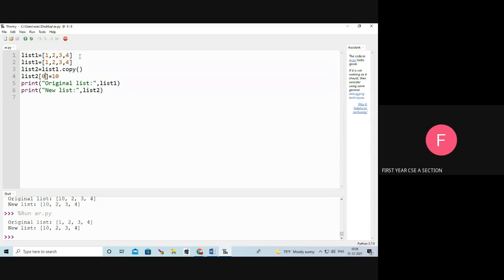That means the first item is 10, next 2 3 4. Can you understand? So what is the difference between list 2 equal to list 1 and the copy function? The copy function is used so that if you change any item in the list, it will not reflect in the other list.